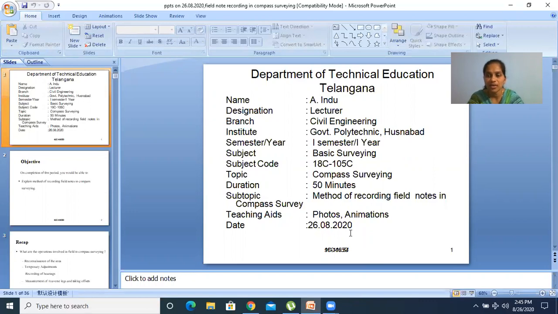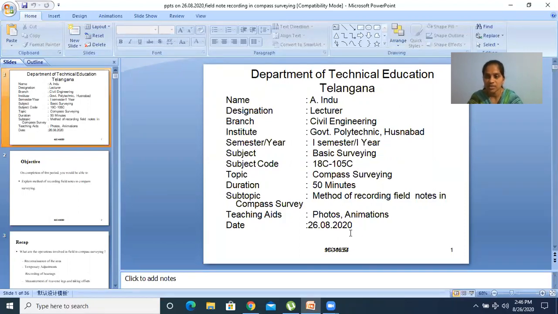In the previous class, we discussed some problems on calculations of magnetic declination. By using that, how can we calculate the magnetic bearing and true bearings? We saw problems on that, and we also discussed local attraction. When bearings are given in quadrantal bearing, the quadrantal bearing is converted into WCB, and then we make the corrections for the local attracted stations. That we also discussed in the last class.